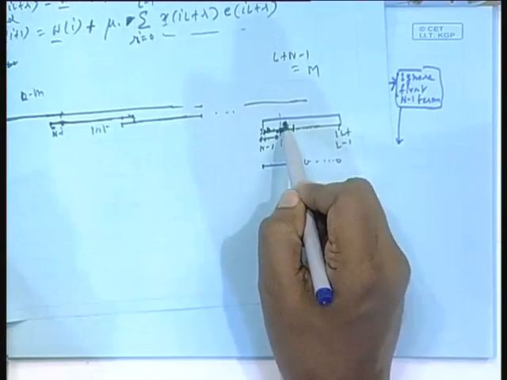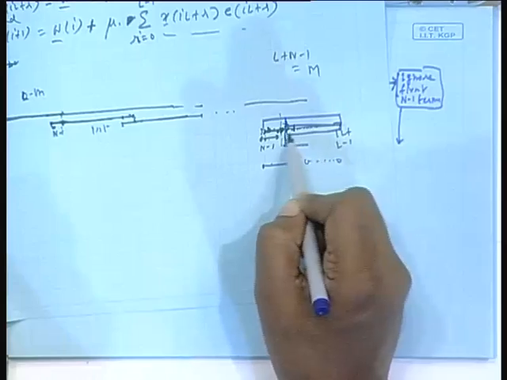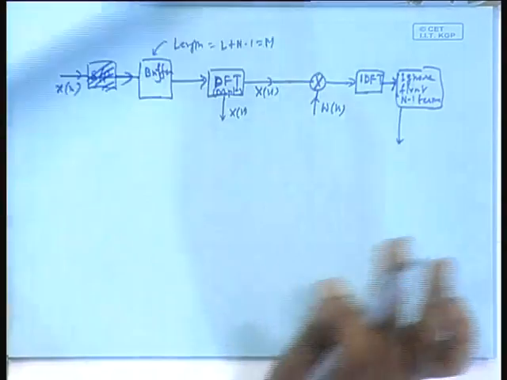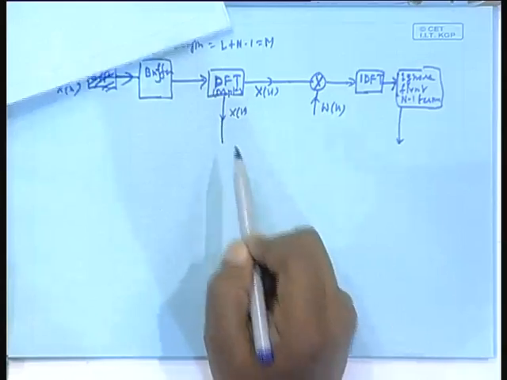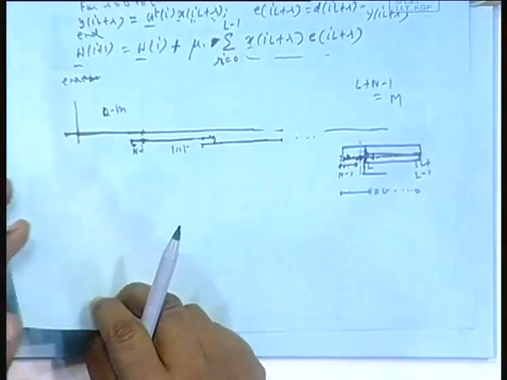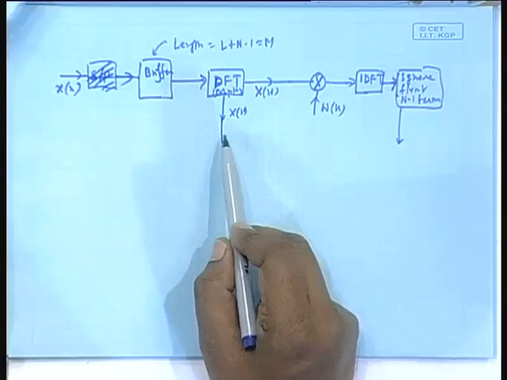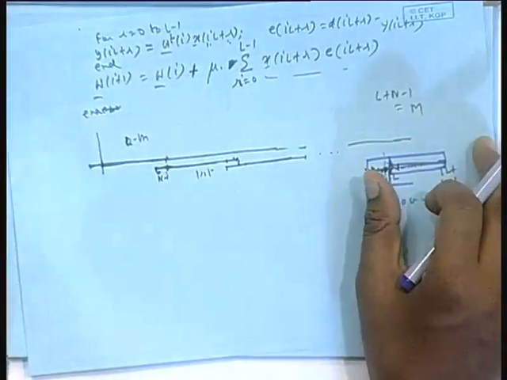Here filter output is available from this point IL to this point. Filter output is available here. You ignore those terms, the first n minus 1 terms. On the weight update side, what I said, the same xk I can use, but I have to use a conjugate of that. Then only it amounts to what?